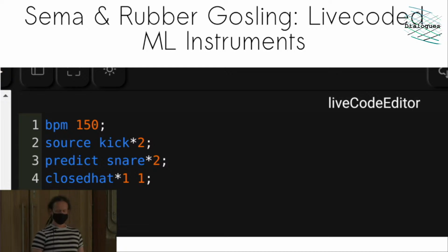Part of our solution is to think about how you can design languages. So we've got a language design tool called Sema, which runs on the web. And with Sema, you can get quite deep into making your own customized languages for live coding and get them to engage with machine learning processes in the browser.